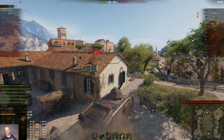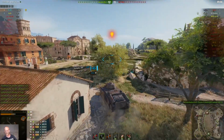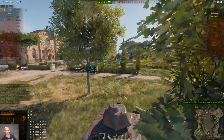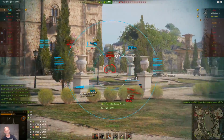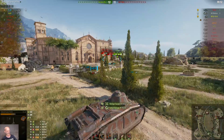Actually, the Hetzer setting up here is what took him out. And then the Sexton 2 artillery just took out the UE-57. And that's the one I was really worried about, because that little bugger's got one hell of a gun. So the Hetzer shoots, and it bounces off me for...